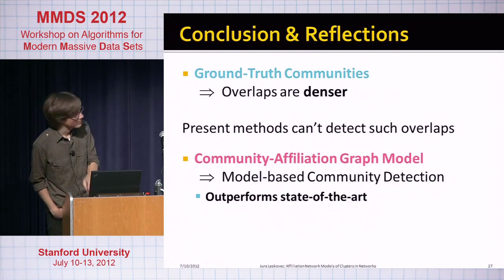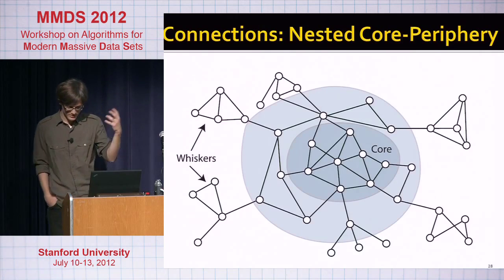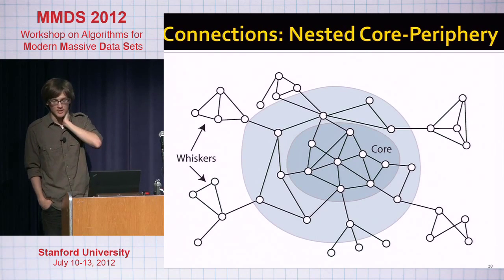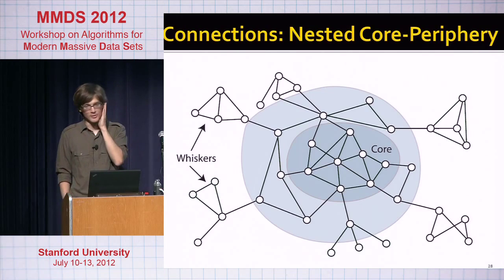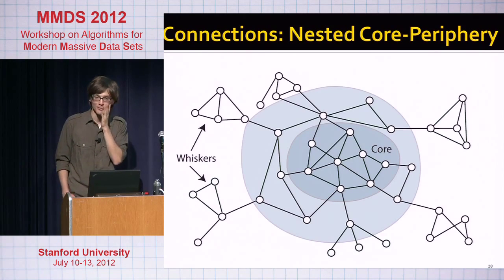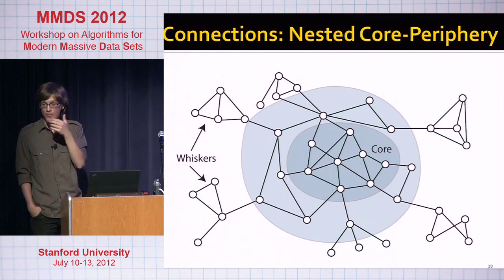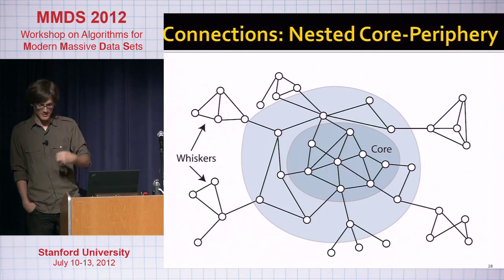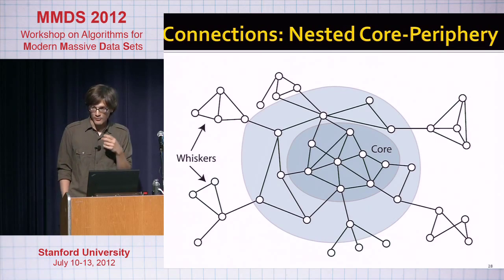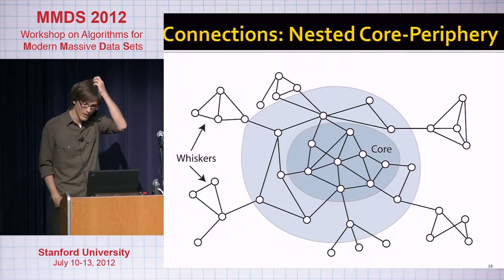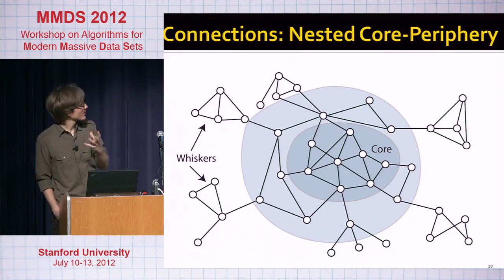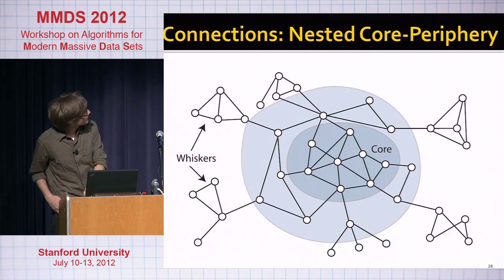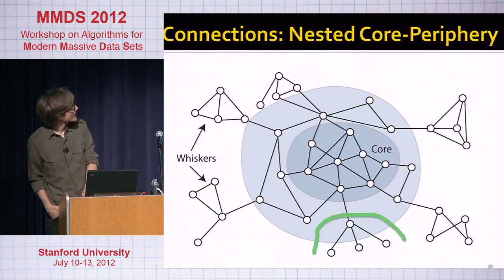But really what I also want to make a connection to is this work that we published a few years ago, when we were arguing that in large networks there are no communities. And now I talk to you about communities. So here I'll tell you why that thing is still true and this just makes it more true. What we did in that work was argue that the structure of large-scale networks is more something like this: networks have small little clusters on the edge, and then you